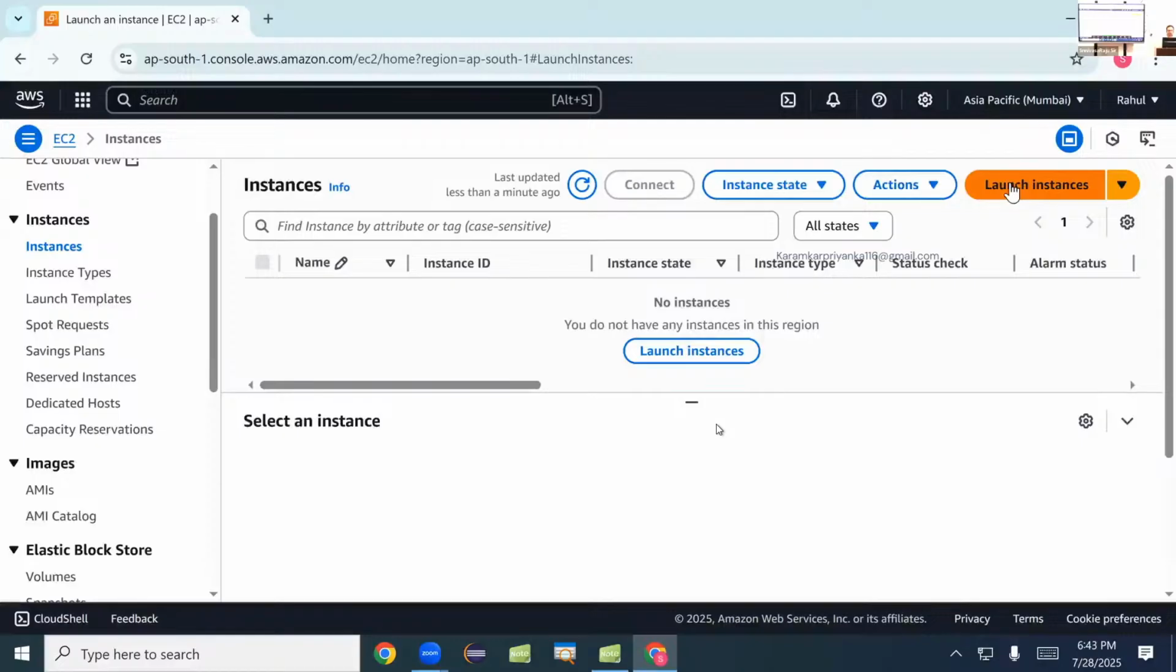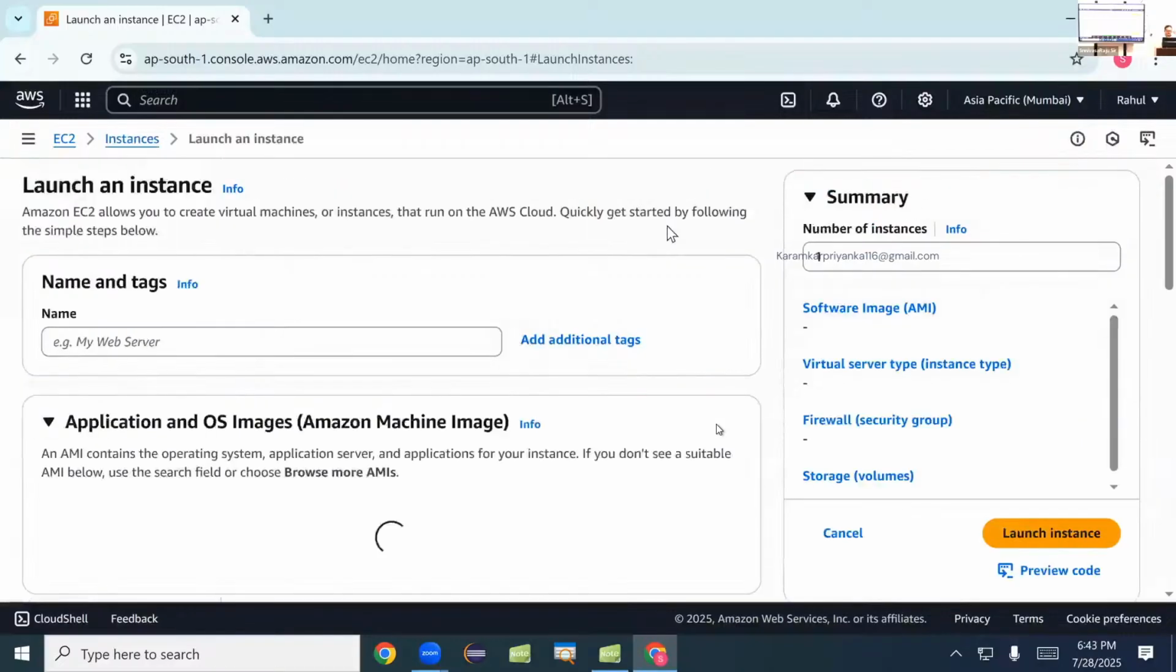Launch instance. So here, if you go through this,